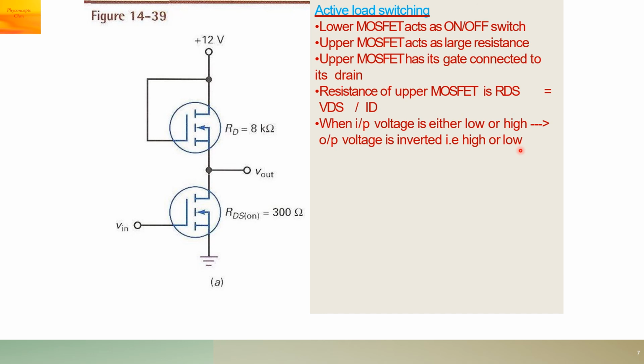So here we have replaced the passive resistor which we have seen earlier by MOSFETs, because passive resistors are physically much larger than the MOSFETs. So MOSFETs are small in size. It is very easy to use them. So this is much more popular.